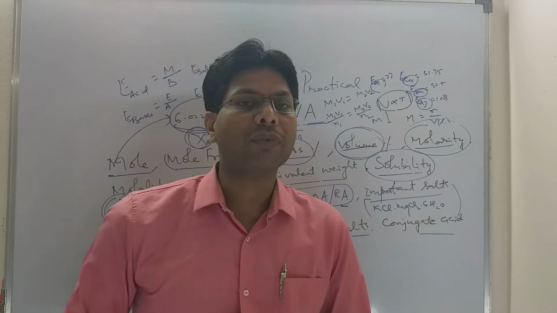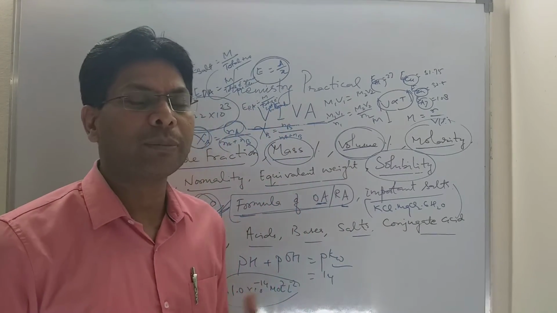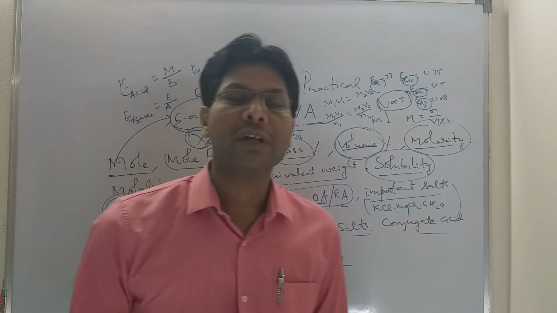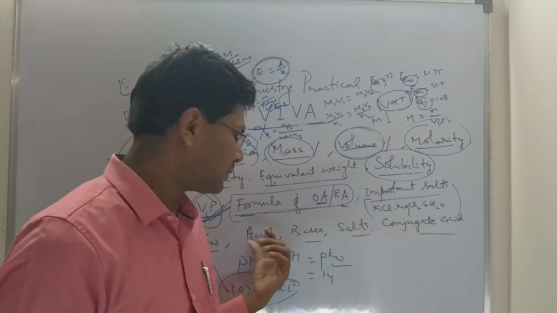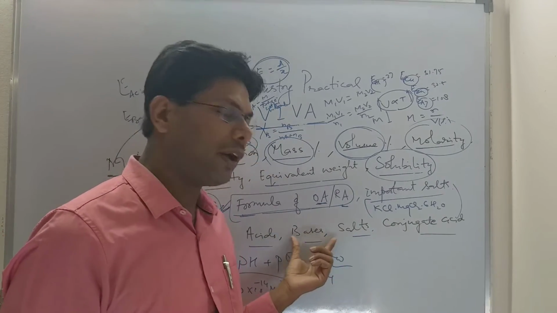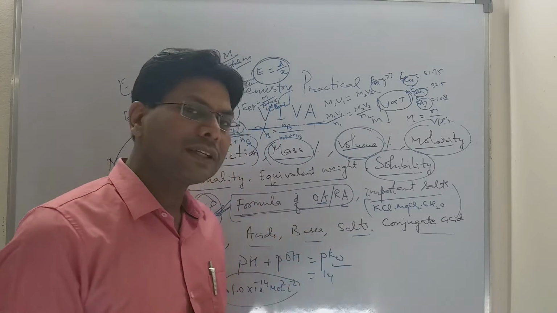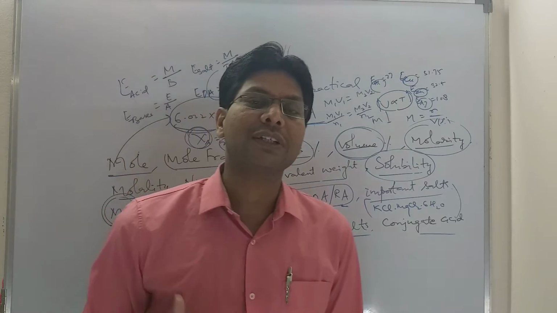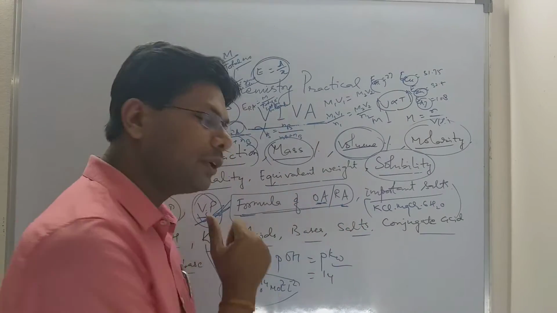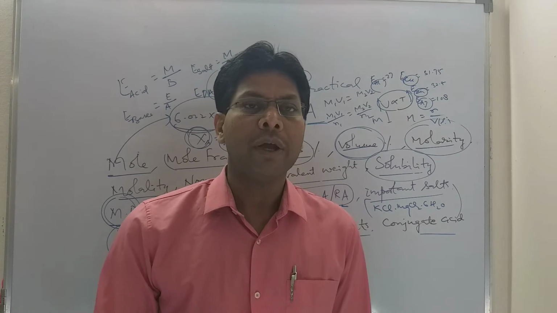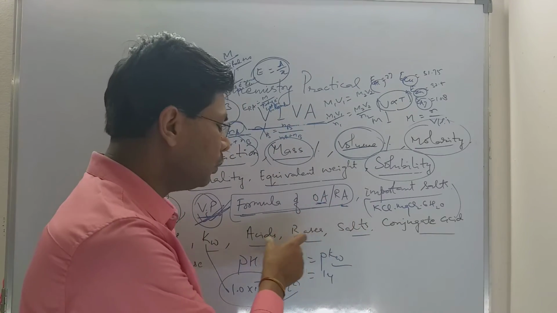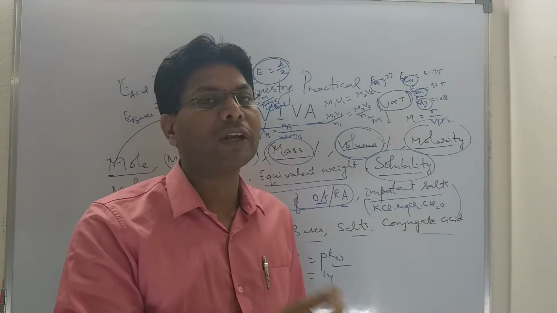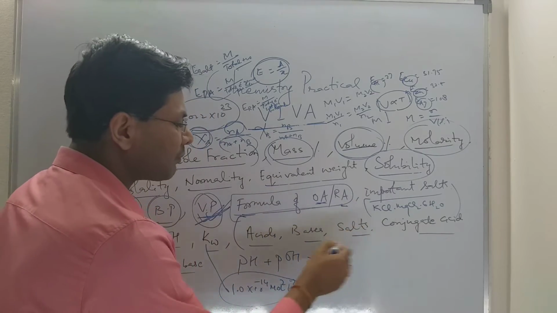Acids. There are lots of concepts of acid, like the Arrhenius concept, the Bronsted-Lowry concept, the Lewis concept. So you have to keep in mind the definitions of the simple concepts of acid, like Arrhenius. Acid is a substance which when dissolved in water gives H plus ion. Base is a substance which when dissolved in water gives OH minus ion. Acid is a substance which increases the concentration of H plus ion or hydronium ion in water. Base is a substance which increases the concentration of OH minus ion in water. According to Bronsted-Lowry concept, acids are proton donors, bases are proton acceptors. According to Lewis concept, acids are lone pair of electron acceptors and bases are lone pair of electron donors. So these simple concepts of acid and base you have to remember.